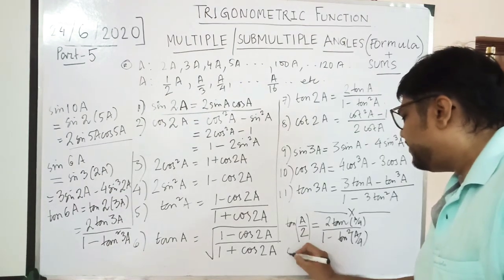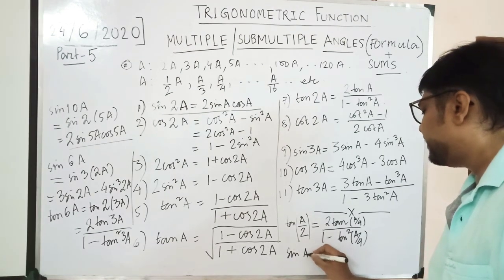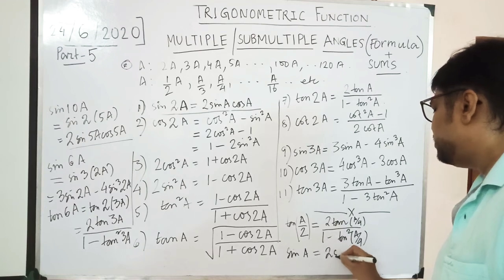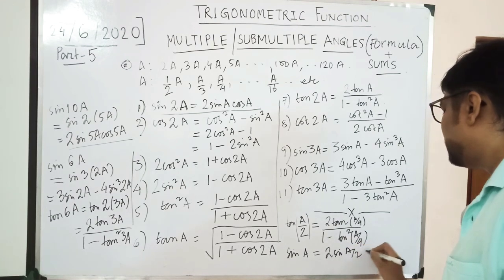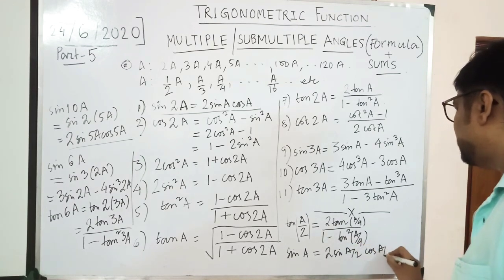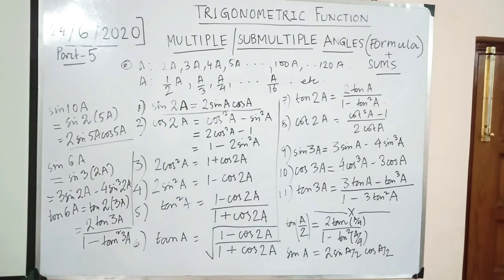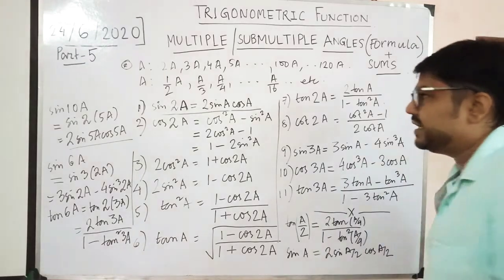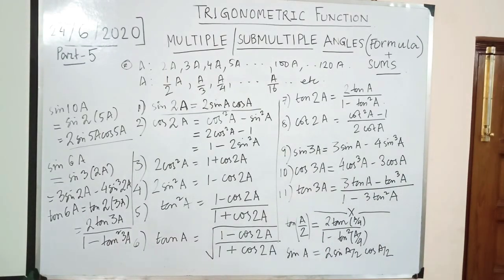Now if I want to write sine a, the sine a will be what? 2 sine a by 2, then cos a by 2. That also I can write using the first formula over here. Okay. Some more formulas if I want to write, say